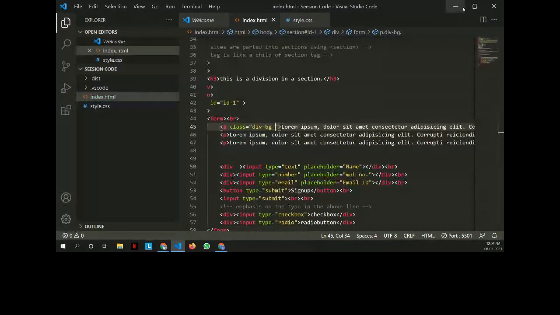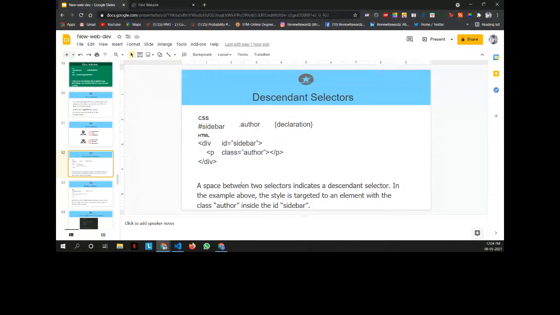Now I'll go back to the PPT here. As you all can see, it tries to say that whenever a space is added between two classes, it means that there are multiple classes in it. And here it's showing that an ID sidebar has been given and it has a few CSS properties added to it. Inside it, we have an element which has a class author.